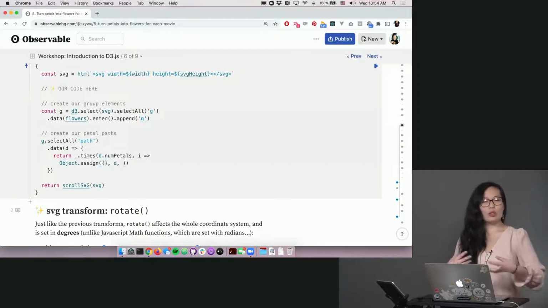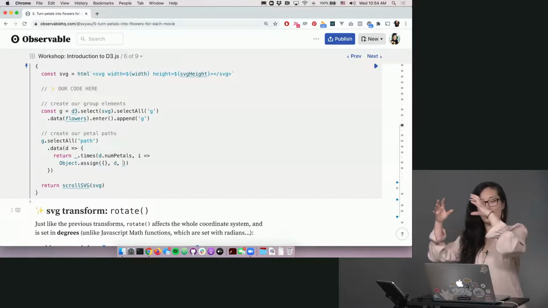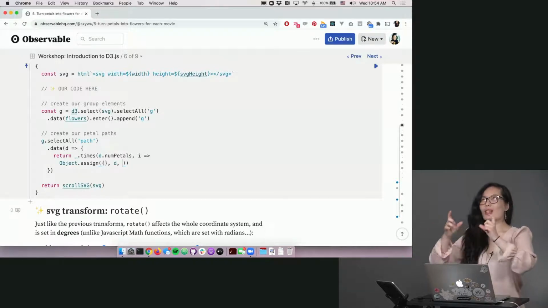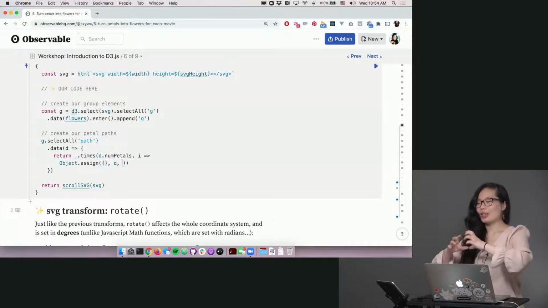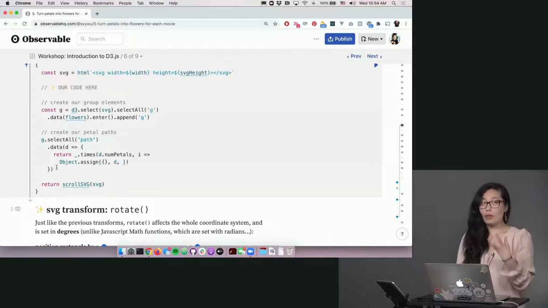We're creating this new object so that our individual children data have all of our flower information. And we're going to also calculate the rotation for each of the